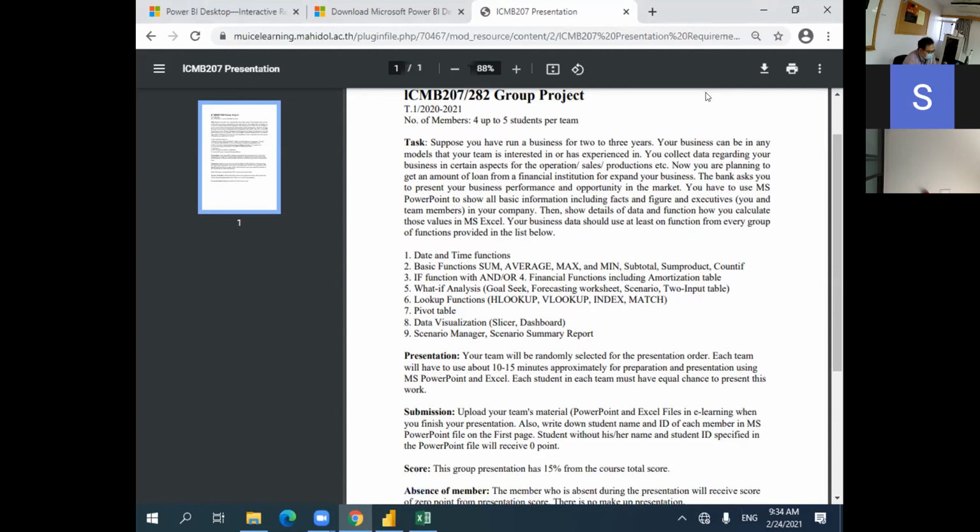Now let's start on group 2: basic functions like sum, average, max and min, subtotal, sumproduct and countif. 3: if function with and, or. 4: financial functions including amortization table. 5: what-if analysis like goal seek, forecasting worksheet, scenario, two-input table. Lookup functions like HLOOKUP, VLOOKUP, index and match, pivot table, data visualization like slicer and dashboard, scenario manager, scenario summary report. So pick these functions